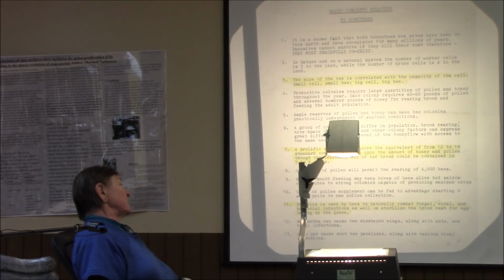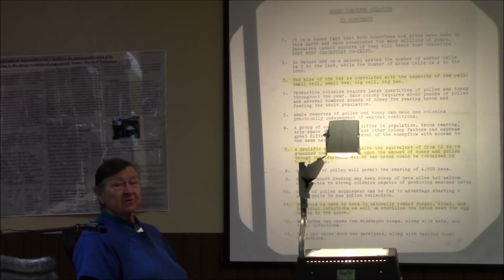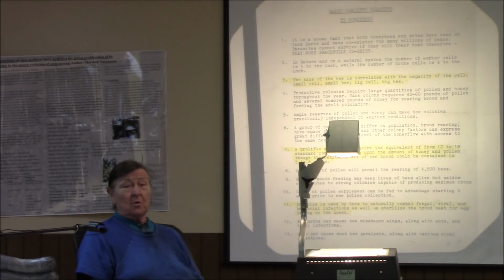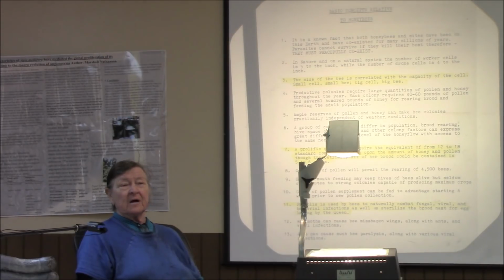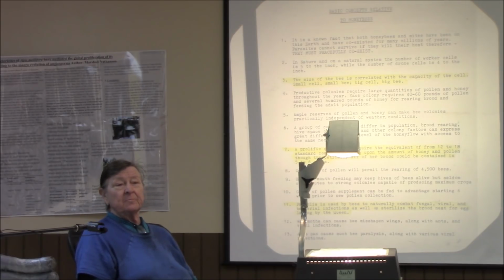10, cakes of pollen supplement can be fed to advantage starting 6 weeks prior to new pollen collection, which means in the winter time, you have an odd winter, it's warmer where they're consuming more. Or you're in a dearth and there's nothing blooming and there's less available. Okay, you see a bloom coming on because you're seeing the buds, you're seeing stuff starting to green up. Well, to have them ahead of the flow, which is 6 to 8 weeks where you have to mimic nature for being able to get the pollen, to bring it home, to store it, to get beyond the feeding routine,